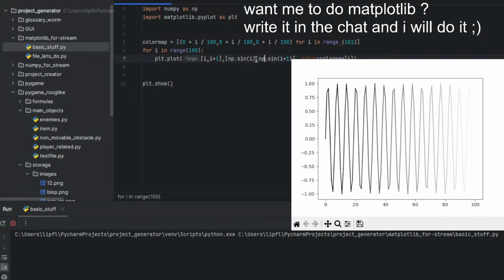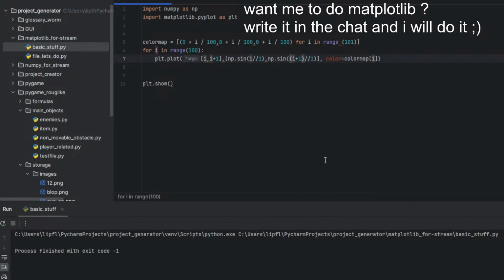Now what I want to do is divide this by 1, also this divided by 1. But this should be in, no, not that kind of brackets, that kind of brackets. Okay, if we now run it, yeah, it still looks bad.